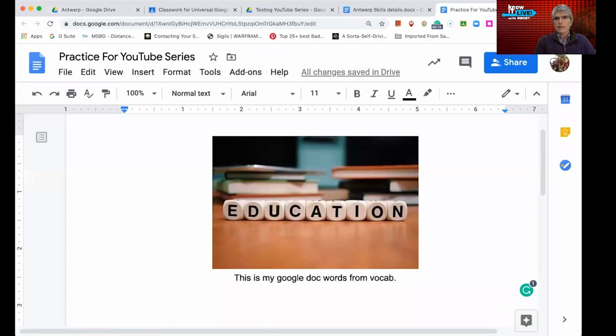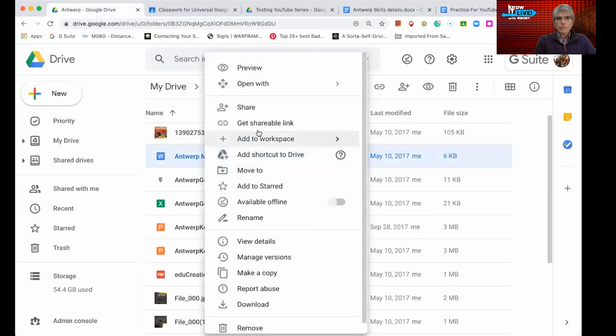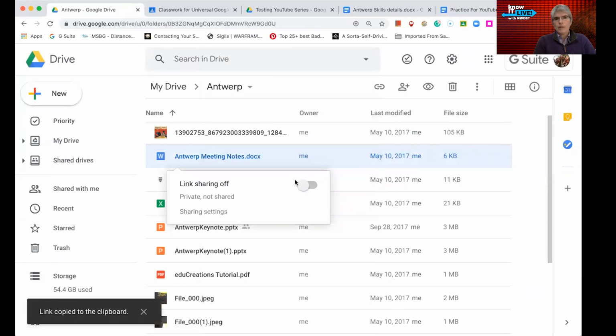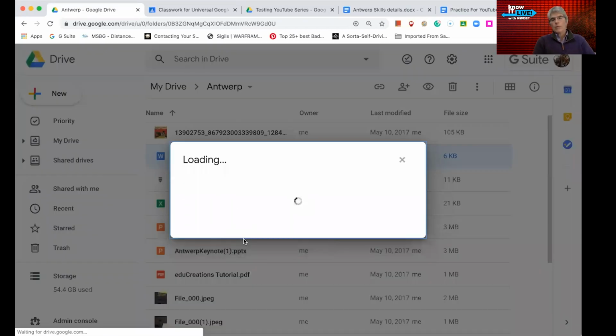So just like this blue dot, I can share directly, but I also can share here and get a shareable link. Turn that on and it says anyone at NWOET. Well, I want to share it with someone outside of NWOET, so I'm going to hit those share settings down at the bottom, and I'm going to change it to fit exactly what I want for that person that I'm sending it to. Okay, so really important